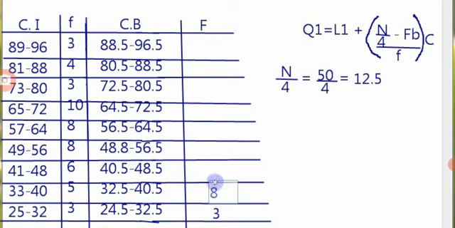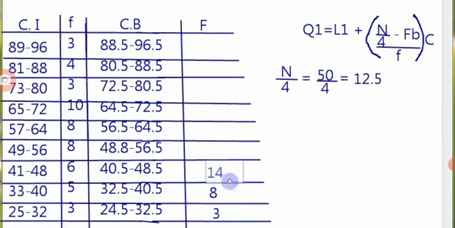5 plus 3 is 8. So go to the third row. We are moving upside down, from down to up. So 8 plus the third row of the frequency, 8 plus 6. So this 6 plus this 8 in the cumulative frequency